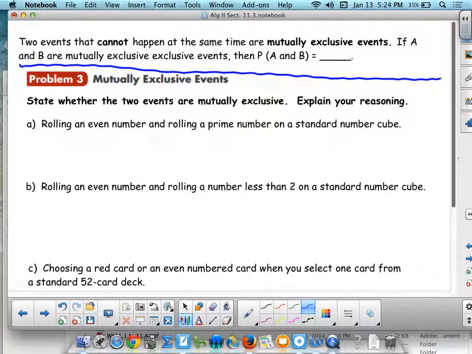Right there. Okay? It says 2 events that cannot happen at the same time are mutually exclusive events. So they cannot happen at the same time. If A and B are mutually exclusive events, then the probability of A and B happening at the same time, okay, you gotta think of and. And means this event happens and this event happens at the same time. The chance that it says up here, they cannot happen at the same time, so the chance that they do happen at the same time is